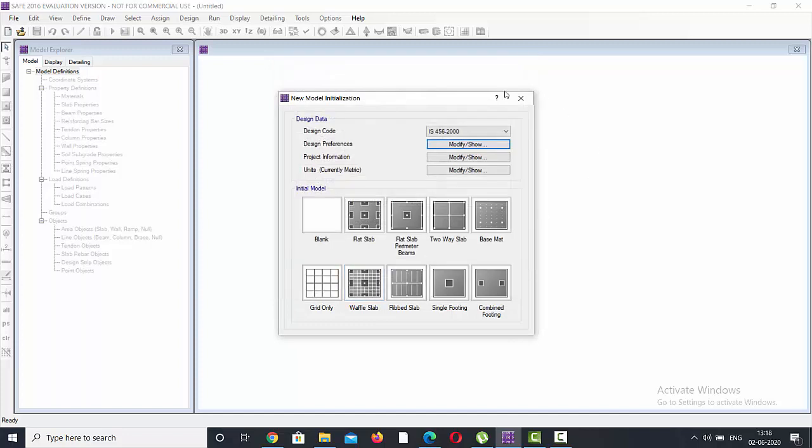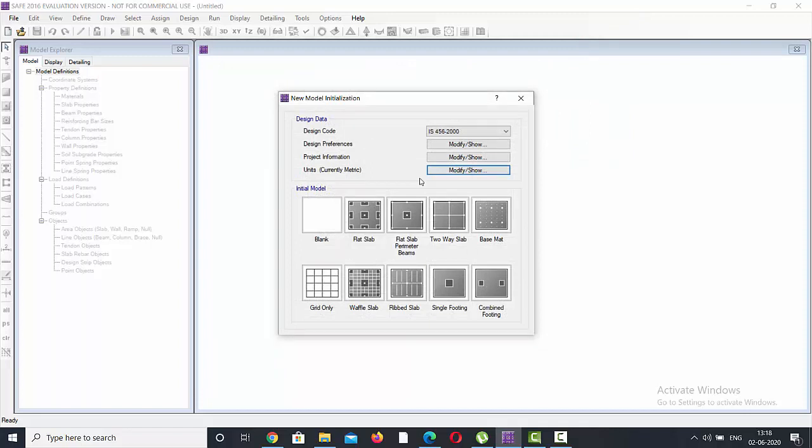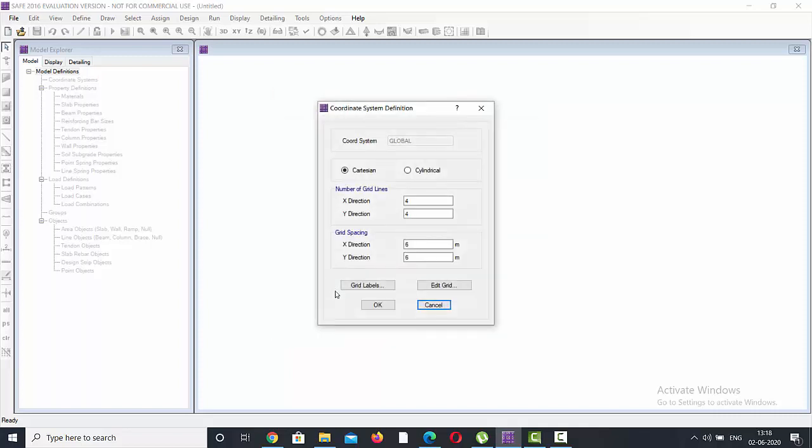Okay, you can fill in the project information here. In units you can see the units assigned. Now in initial model we can go to grid only. So in grid only, as shown in the previous model, we could see that, you can see here,